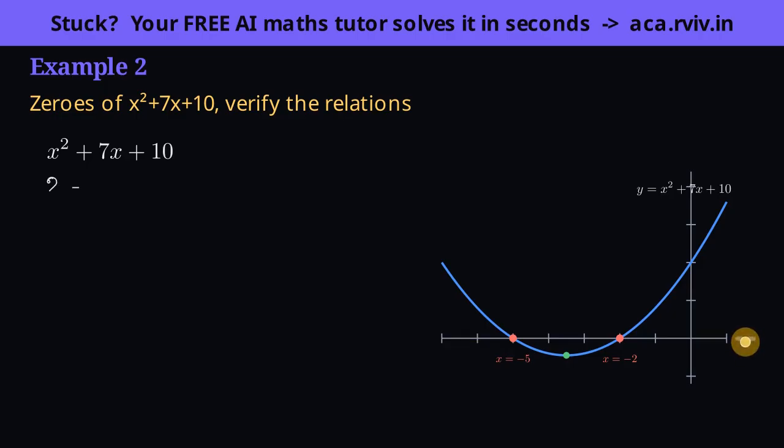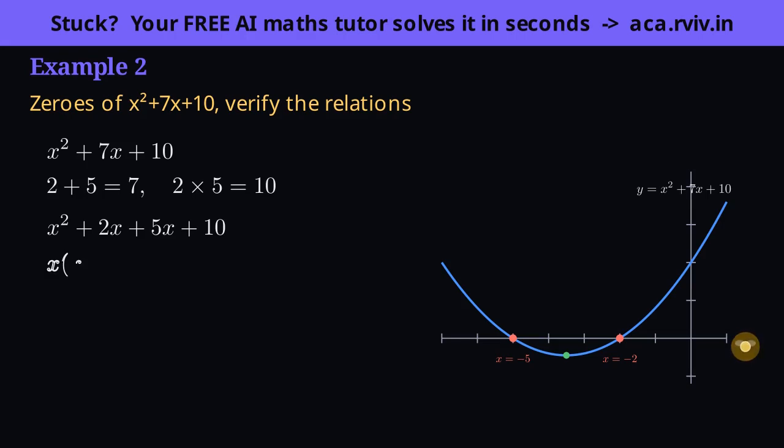The tool for factoring is splitting the middle term. We need two numbers that multiply to the constant 10 and add to the middle coefficient 7. That pairing is exactly the product and sum pattern, and here it's 2 and 5. Now use those numbers to rewrite 7x as 2x plus 5x. We haven't changed the polynomial one bit. 2x plus 5x is still 7x. We've just opened it up so it can be grouped.